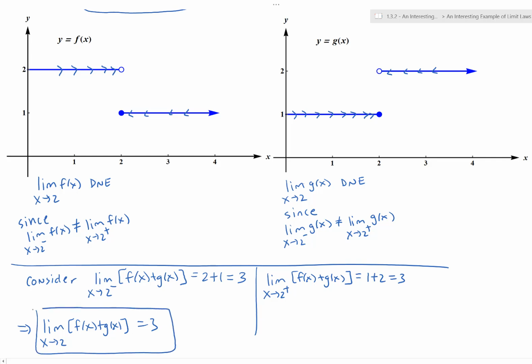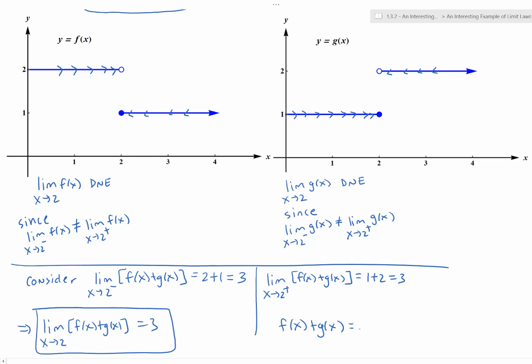It exists. Even though the individual limits did not exist in the first place, and we could not apply our limit laws, we can still take the left and right hand limits of the actual function, f of x plus g of x here, which is just some other function, and if those left and right hand limits match up, the limit still exists. In fact, if you investigate a little further here, you can notice that if we actually add up the functions, f of x plus g of x in general,